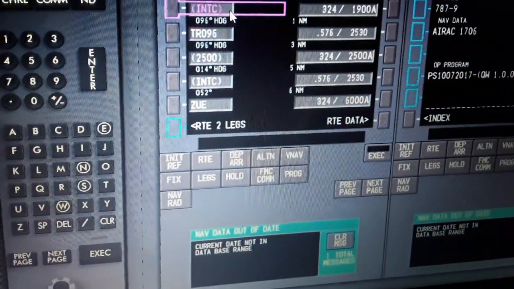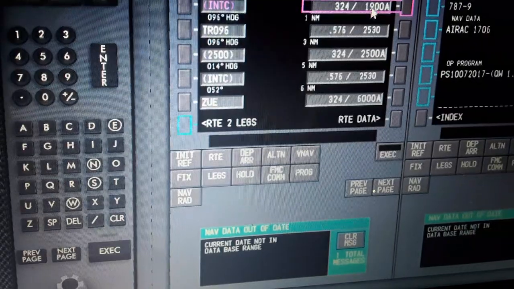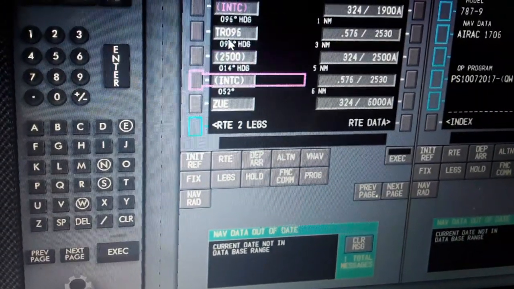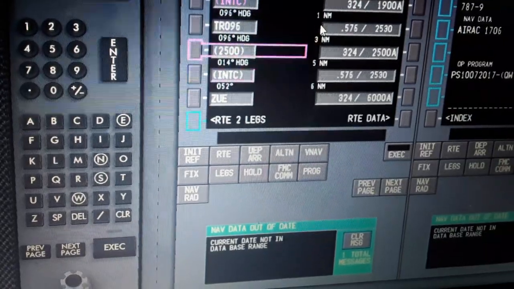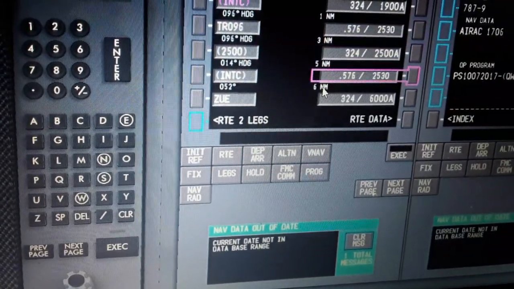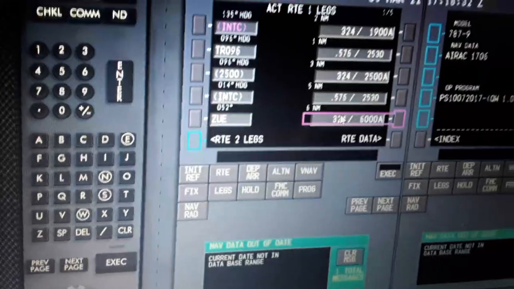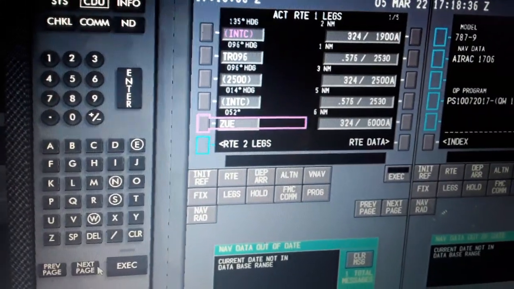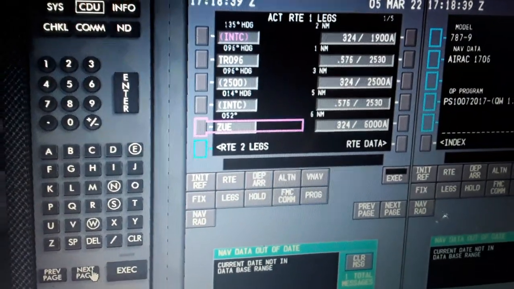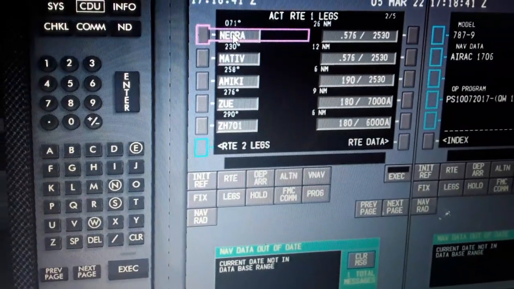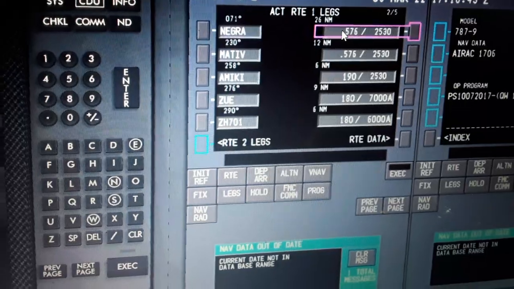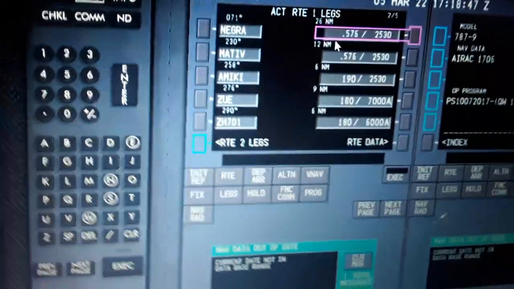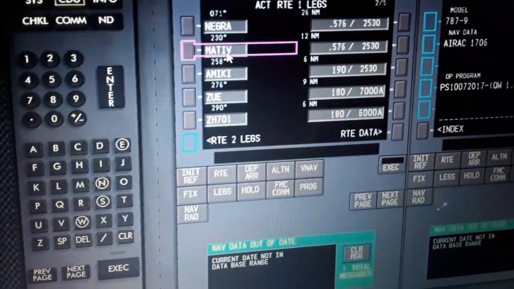From takeoff, first waypoint 334 knots, 1902 nautical miles, heading 135 degrees. Then cross 1, 2, 3 waypoints, 1356 nautical miles away, Zui, 324 knots, 6000 alpha, 052 heading. So then we make some turn, Nigra 071, 36 nautical miles, Mach 0.76, 35,300, Mativ 230 degrees, we